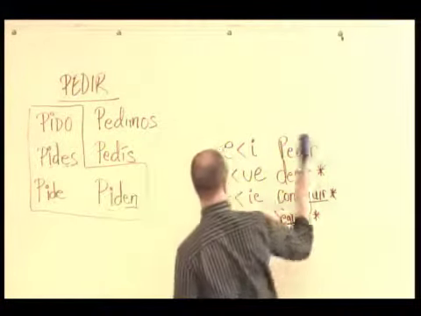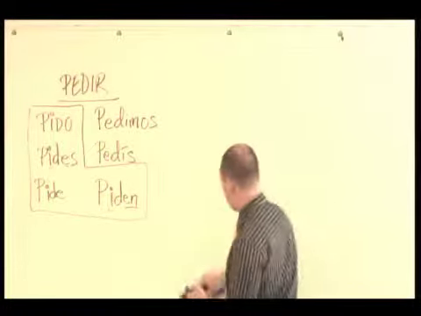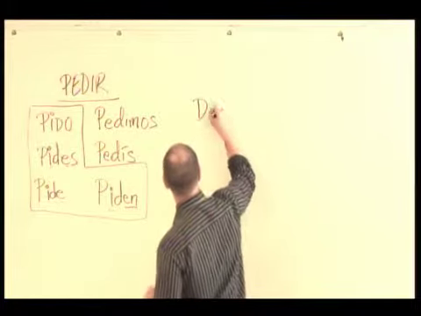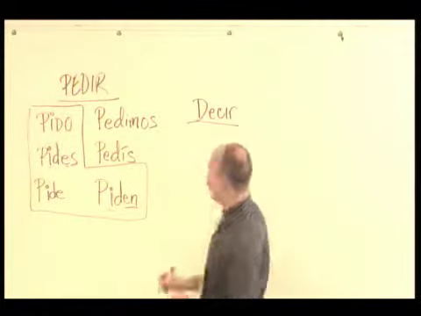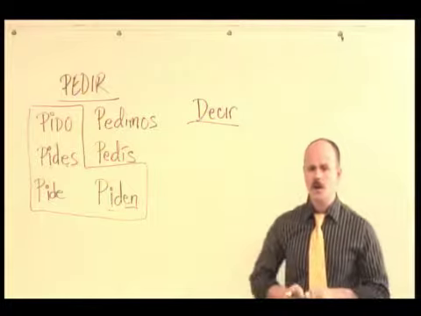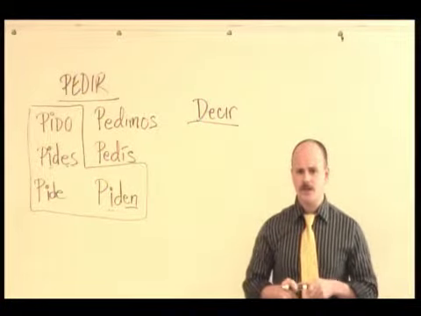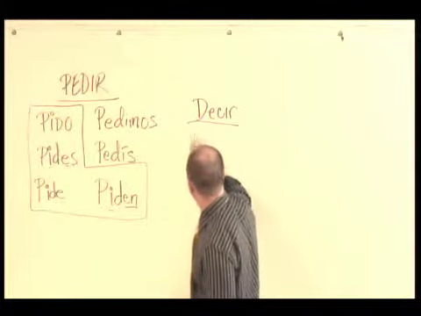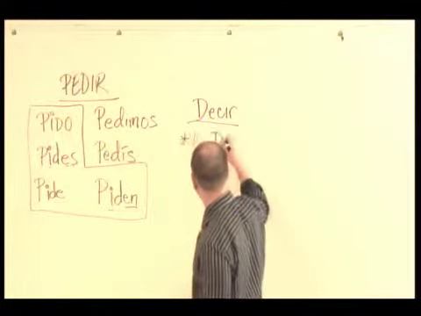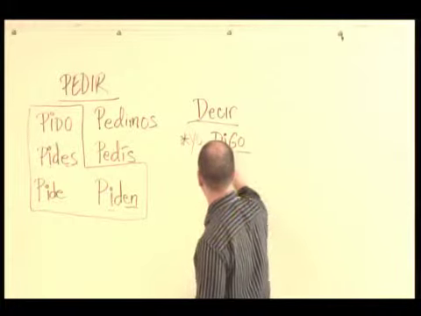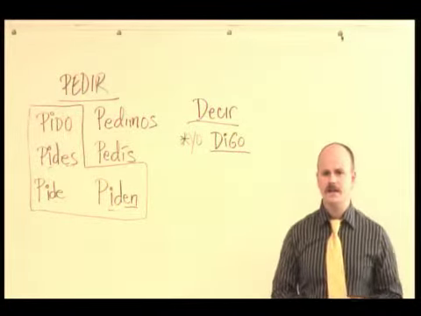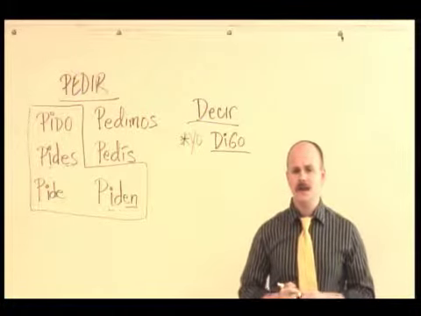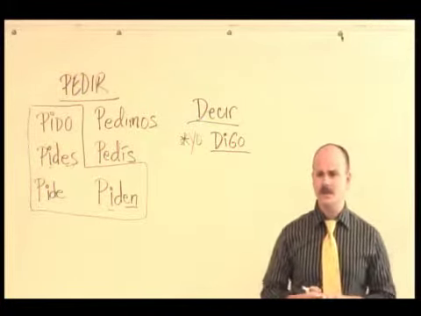I mentioned that a few of these verbs were slightly irregular. Here's what to look out for. Decir will work just as you would expect it to work as an E to I stem changing verb. It will stem change within the boot. The only irregular part is the yo, which is pronounced digo instead of dico. So you would expect D-I-C-O, but we're going to say and write digo with a G instead of a C.